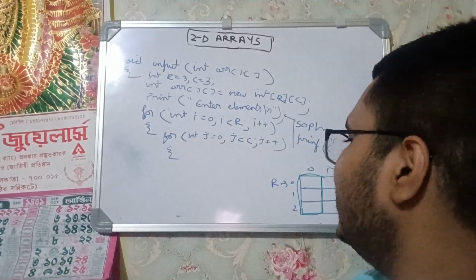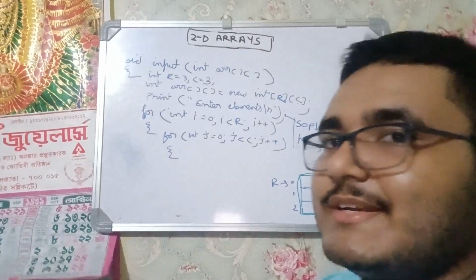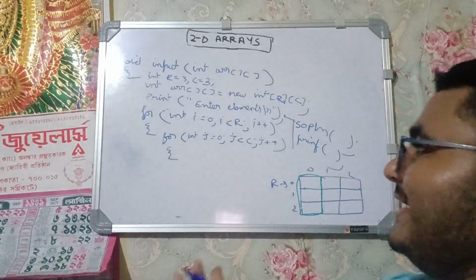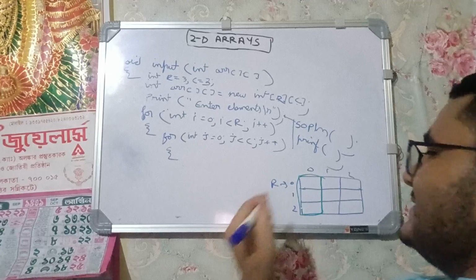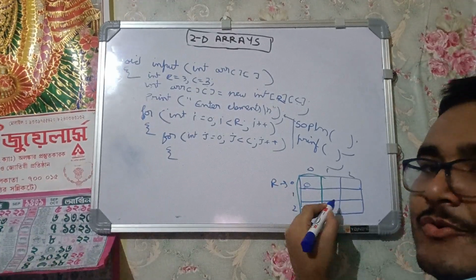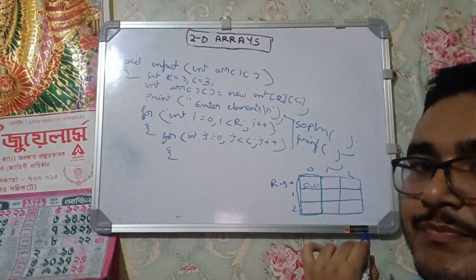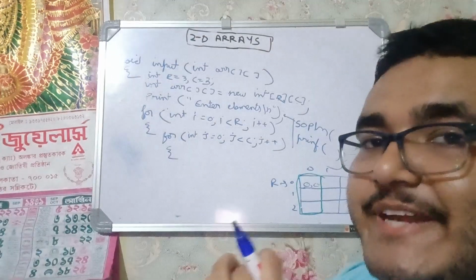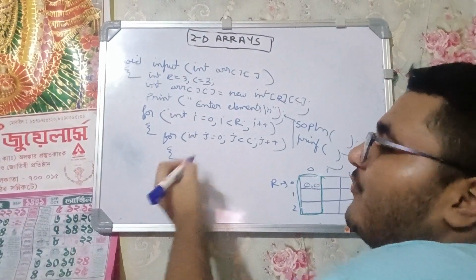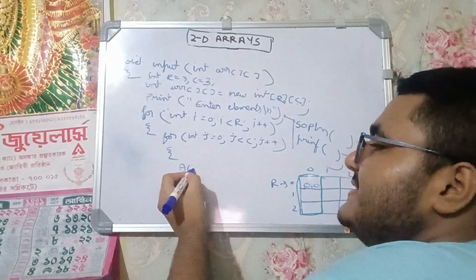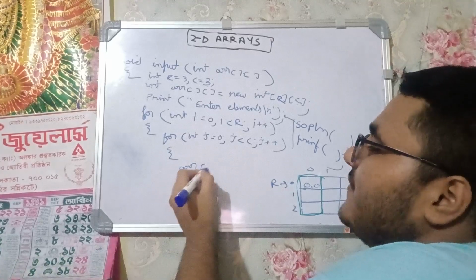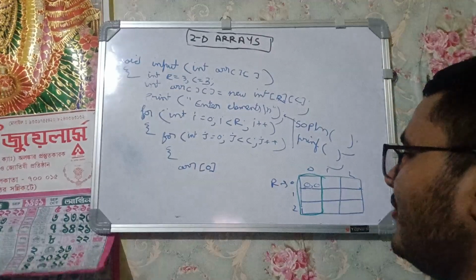So this is where I am hitting it, and now you can take the input. Now, when I am taking the input, this is a hack in a 2D array. See, this cell is in row 0 and column 0. Fine. So when I'm taking this input, I need to say arr of 0. When I'm saying arr of 0,